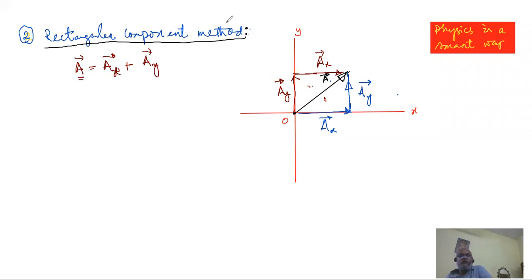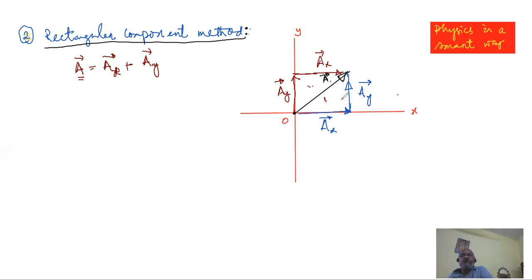Well, one thing we have missed. We have taken A as the main vector, and we have assumed that we know A, clearly. But to fully know a vector, you have to know its magnitude. At the same time, you have to know the direction. So far as the magnitude of A is concerned, because you have drawn the arrow, we must be knowing its length, or else we can measure it. We know the magnitude. But what about the direction? We have forgotten that. So far as the direction is concerned, direction can be denoted by some angle.